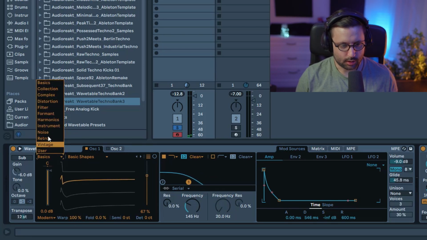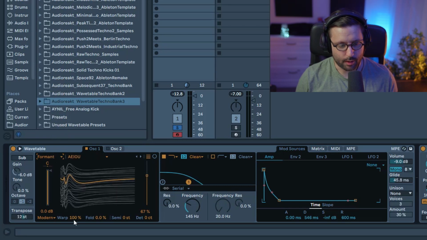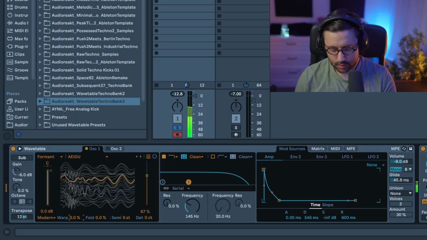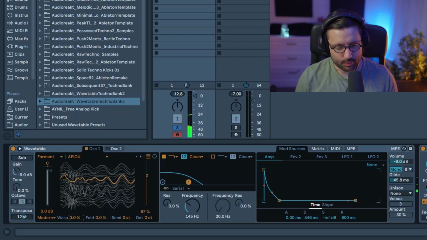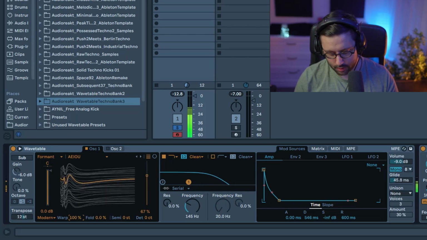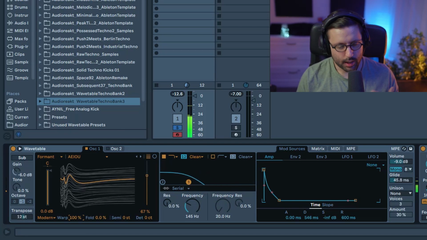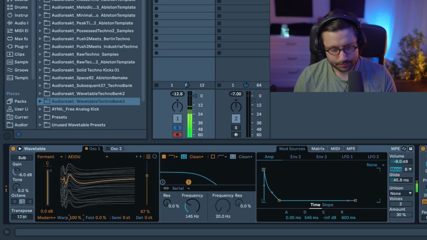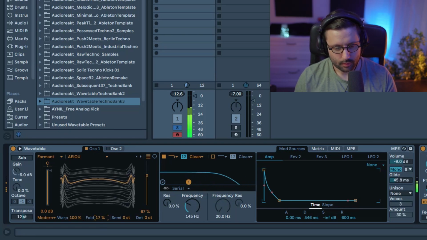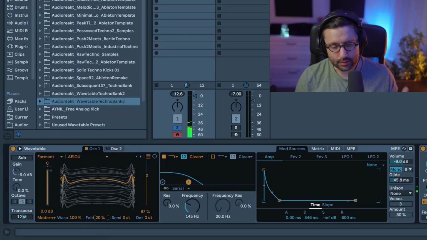And I've been using it a lot with the 4-mount waveform, which by default I don't really like, to be honest. But if I crank up the warp, you get this kind of sawtooth waveform, but with a bit more character. And what I notice as well is at the same time I can play with fold and modulate fold to really have